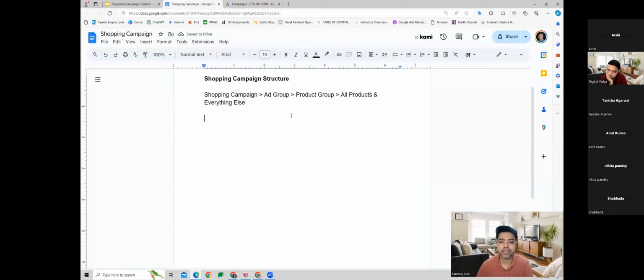Let's try to understand these new terms which we are seeing out here. So the first is product group. As per Google, product group means it is a group of similar products put together. When you have similar products and we can put them into a group or a cluster or a collection, that can be called as a product group. So it is a collection, you can say, or cluster of similar products.